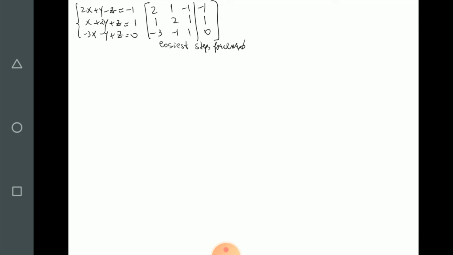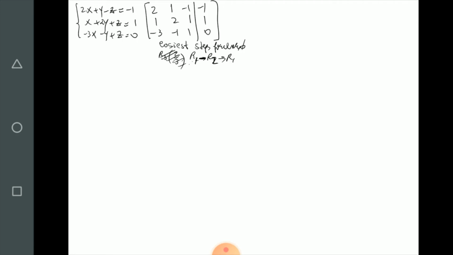For example, let me write it down just for fun. You could say, I'm going to multiply row 3 by, let's say, minus 2 over 3. Not 2 over 3, that makes it a 1. Or, for example, you could say I'm going to subtract row 2 minus row 1. I multiply row 1 by minus 1 and add it to row 2. No, what I meant is row 1 minus row 2. Sorry, I made it even more complicated than it should be. So you could say row 1 minus row 2, and then you save that